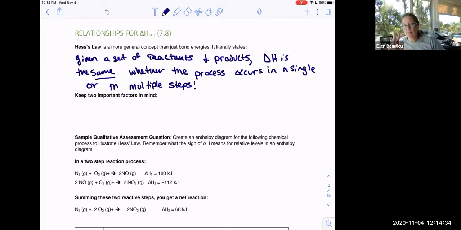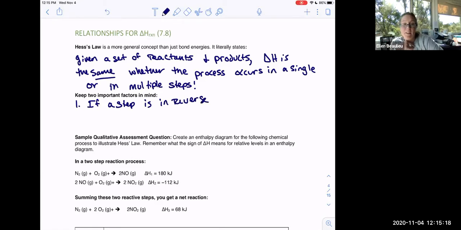There are 2 important things to keep in mind as we go through this. Number 1, say you're given multiple steps, and you'll know it's a Hess's law problem. Anytime the problem gives you multiple reactions, this is literally screaming Hess: here are some possible steps, and here is the net equation that you're trying to get to. So if you need to reverse one of these steps, that is, swap what's the reactant and what's the product to build that net reaction, if a step is run in reverse,